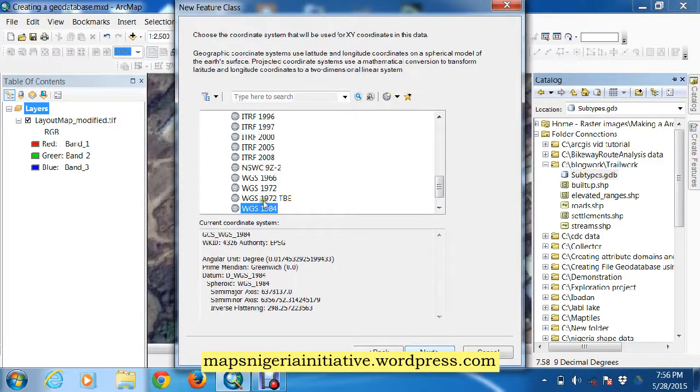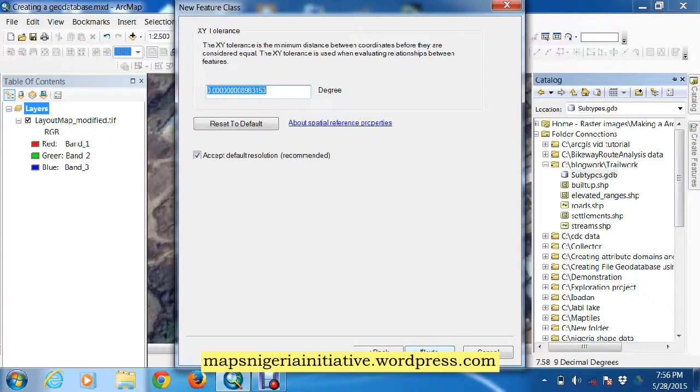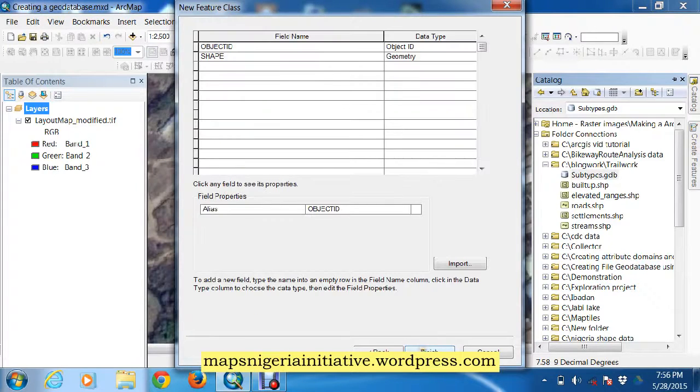Next, WGS 84. Next. So now you can see that we don't have any fields, so the field we're going to name